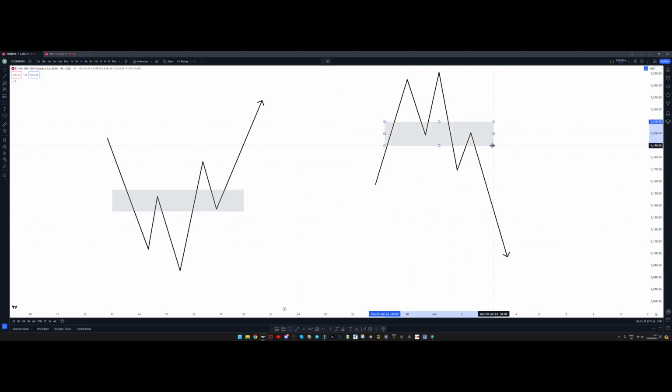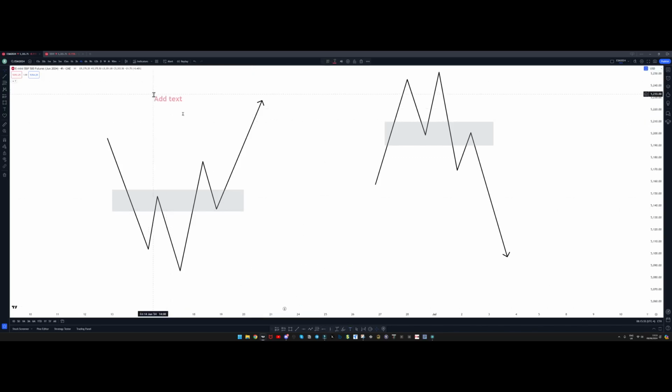But what will happen is Dixie will skip slightly in front of ES, not by hours but by minutes. The reason I'm telling you this is because on a higher time frame, once ES does this,